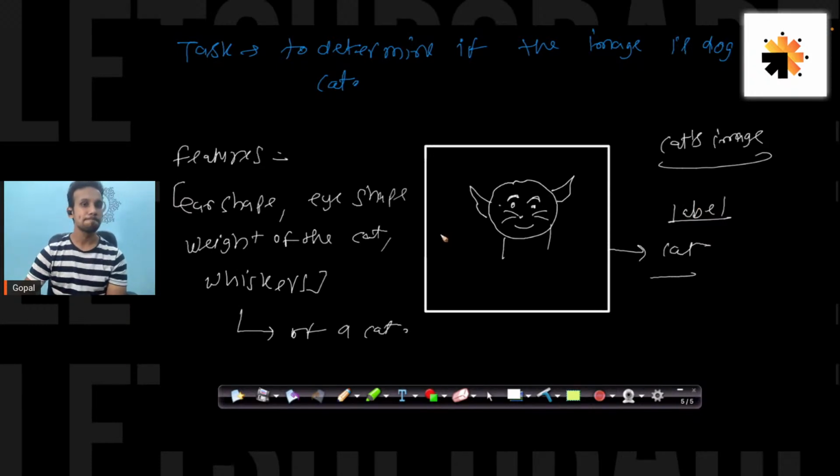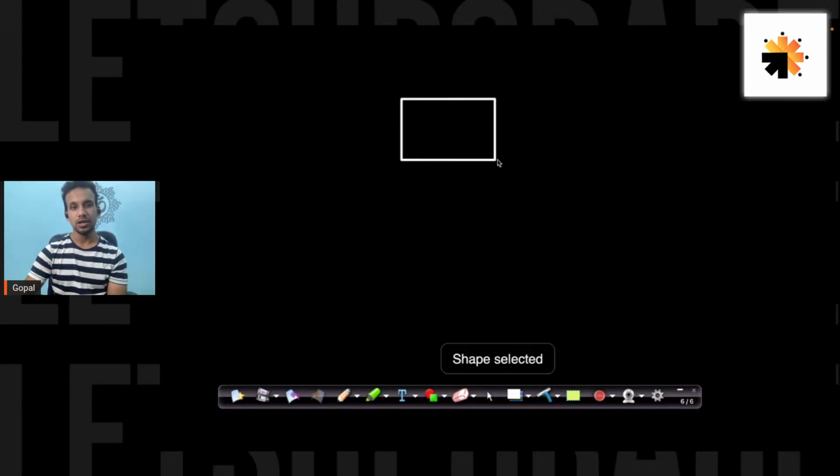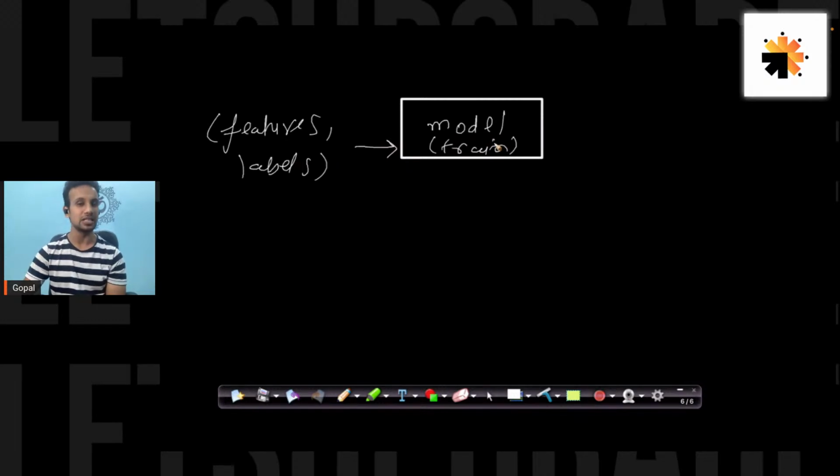So what we do here basically, let's call it a model, and we have a pair of features and labels. These feature-label pairs get into the model, and we train this model. I will explain what exactly the training is.